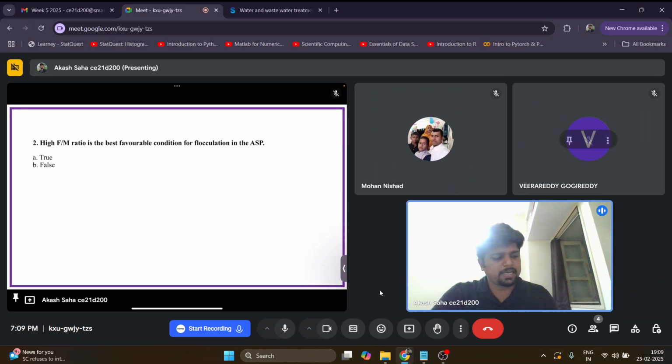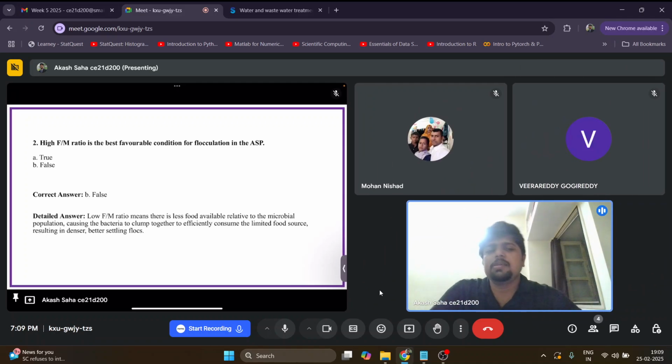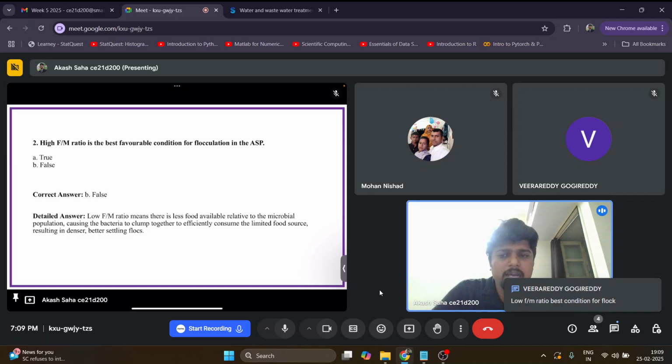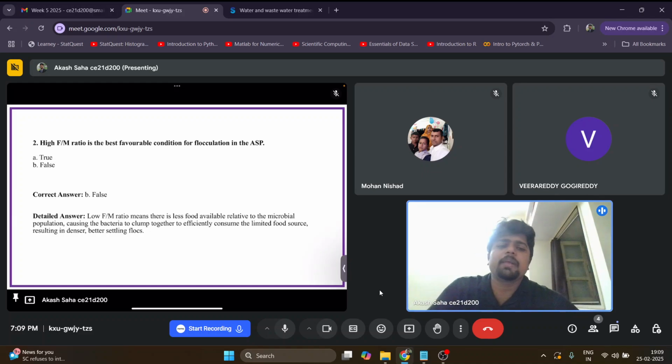Okay, so the answer is correct that it is false, and the reason being, if there is a low F by M ratio, it means that less food is available to the microbial population, and that is correct. So it will make the bacteria clump together, to flocculate, and then efficiently consume whatever limited source is